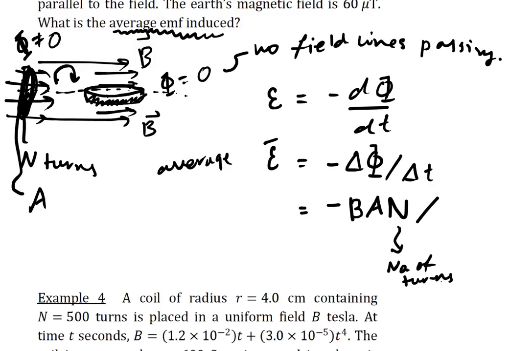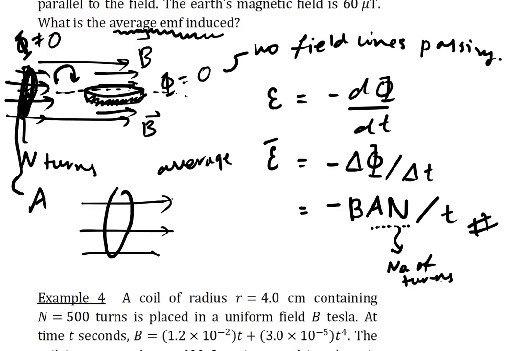And then divided by the time given. Okay. And this will be your answer. Okay. So the reason that we need to times the number of turns into this equation is because of the magnetic flux. If you have just only one loop of the coil,